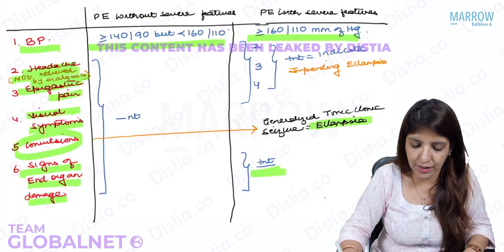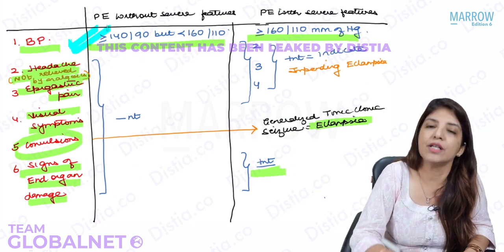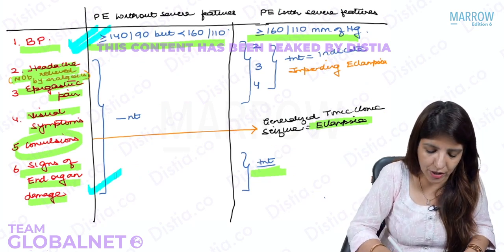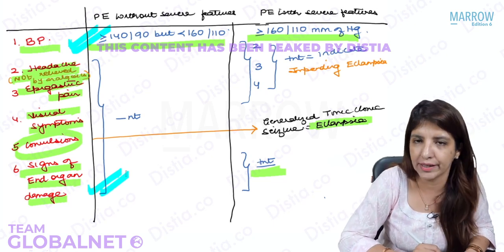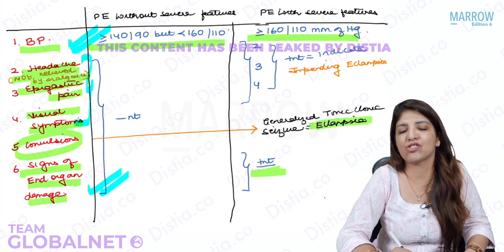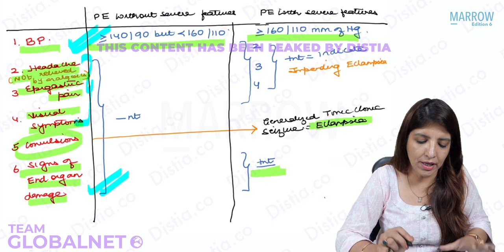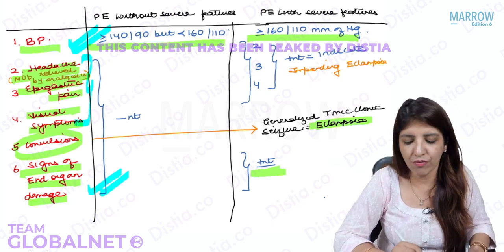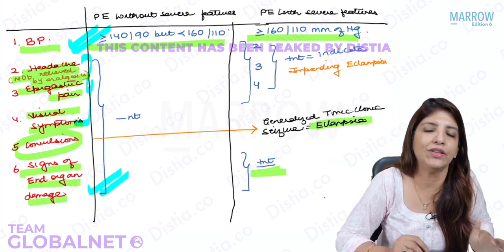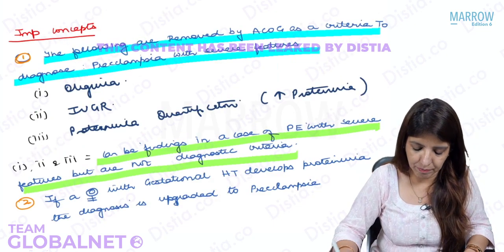In the diagnostic criteria, we are including BP, which is very, very important. In the diagnostic criteria, we are including signs of end organ damage, and we are including three symptoms: headache, epigastric pain, and visual symptoms, to distinguish between preeclampsia without severe features and preeclampsia with severe features, right? Then,